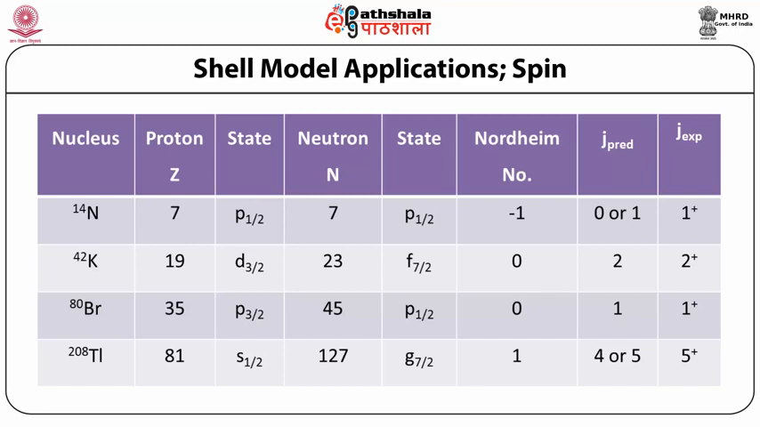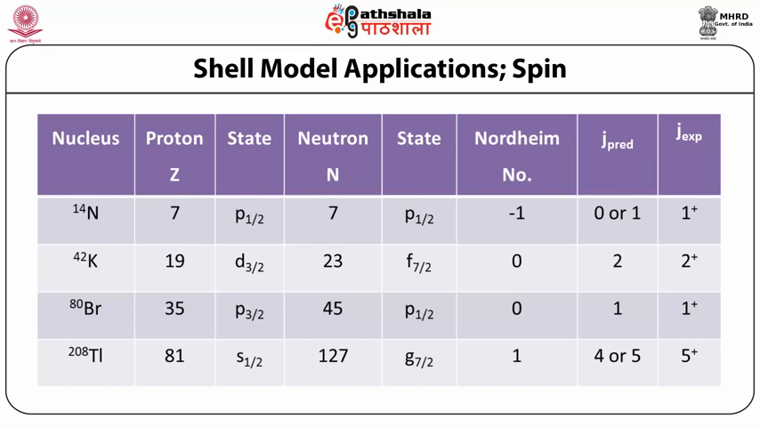For example, in nitrogen 14, the number of protons is 7 and the number of neutrons is 7. The last odd proton is in the p1/2 orbital, and the odd neutron is in the p1/2 orbital. The Nordheim rule predicts that the Nordheim number has to be minus 1. So the total spin can either be 0 or 1,